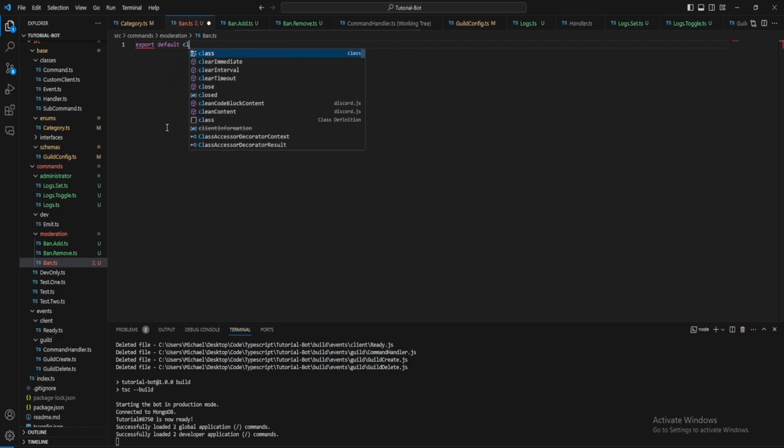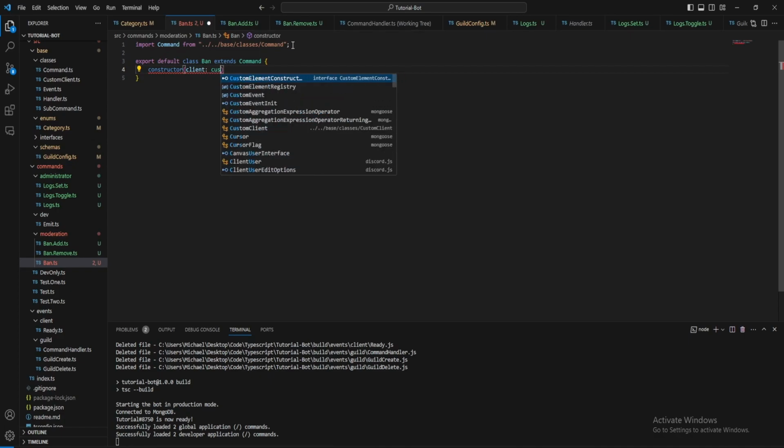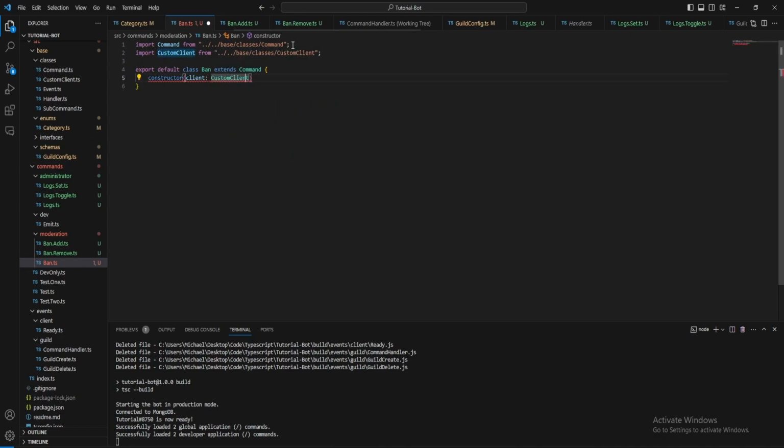So export default class ban extends command. Oh, do a lowercase e on the extends, and then import that. Constructor, client, custom client, if I can spell. Do your super client. And now in here for the options, what we're going to just do is, so we want name as ban, description as ban a user from the guild,